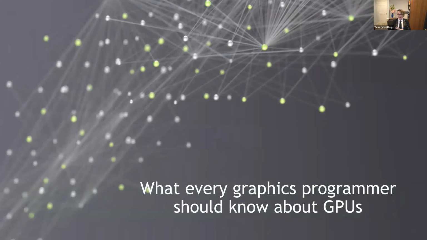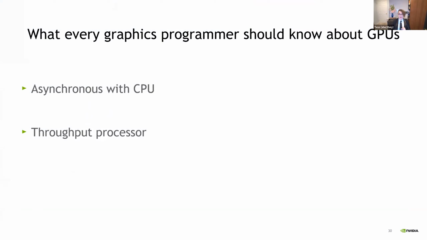So this is the part where I say, here's what I would say any given graphics programmer needs to know about GPUs. Again, I wouldn't be surprised if we have some GPU experts listening in, and they probably know significantly more than I'm going to cover, but this is the bare minimum. If you didn't know about GPUs before today, this is what I want you to know. First, your GPU in your computer is going to run asynchronously from your CPU. And second, it is first and foremost a throughput processor. And each of these high-level statements about a GPU